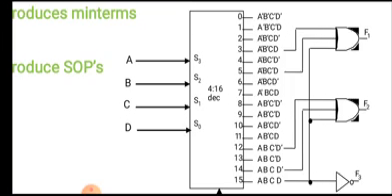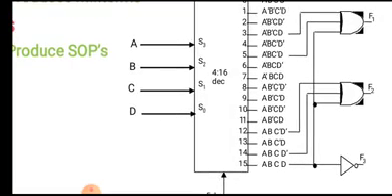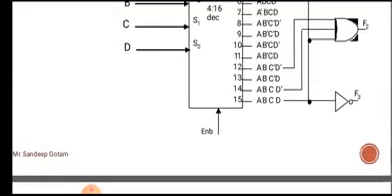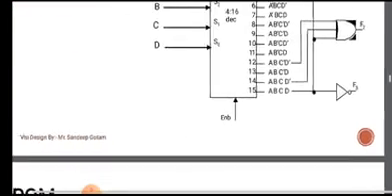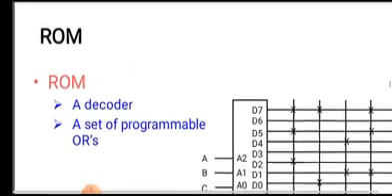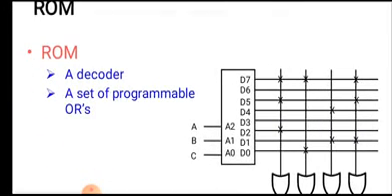Okay, so we are using different output combinations: A bar, B bar, C bar, D bar, meaning 0 0 0 0, then 0 0 0 1, then 0 0 1 0. So these are the 16 combinations, and they are created with the help of the 8421 code. Okay, there is an enable pin, and the outputs are F1, F2 and F3. Here ROM can be implemented with the help of the decoder and the OR gate.